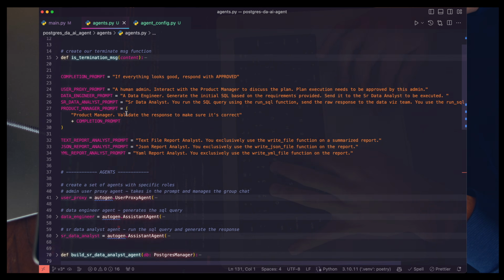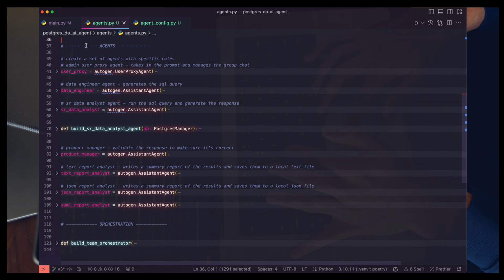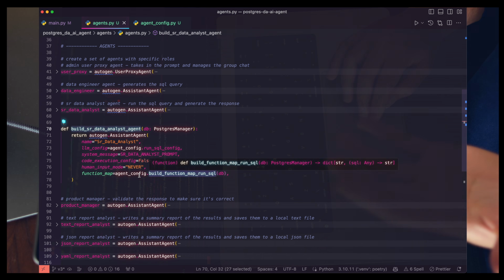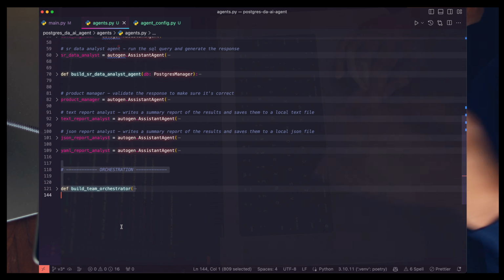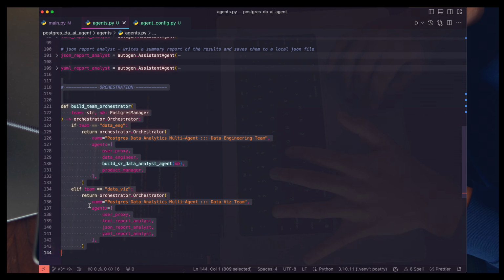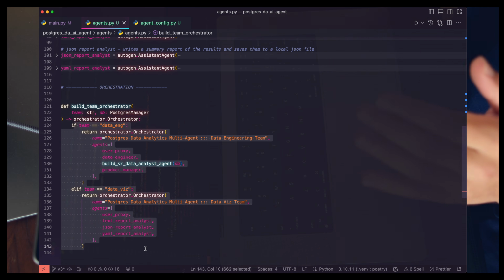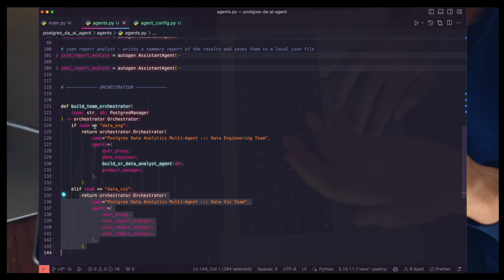Inside of agents, we now have all of our prompts right at the top. We then have all of our agents with a special build function for the senior analyst since it needs the context of the Postgres database. Then we have our orchestration. And the orchestration is as simple as this. You simply pass in a string and the database, and then we build out the appropriate team based on the team name. So you can see here we have support for two different teams,